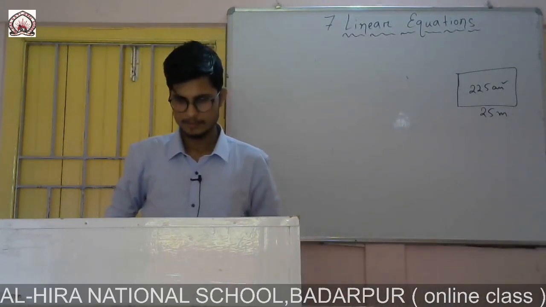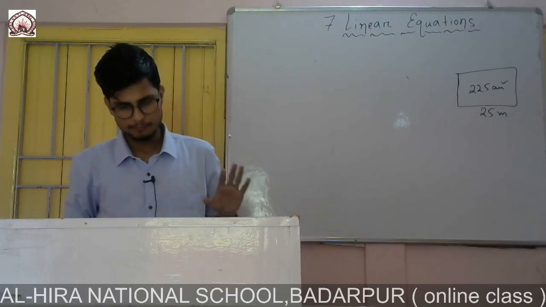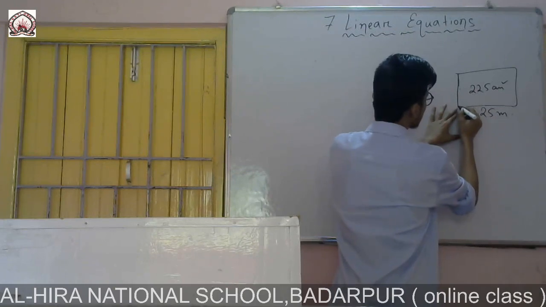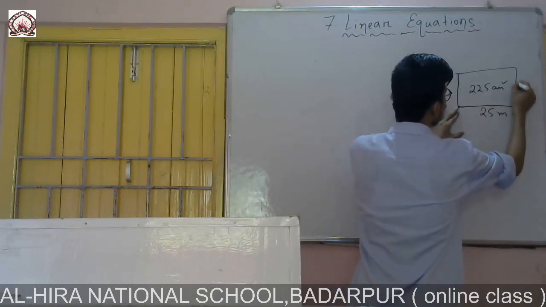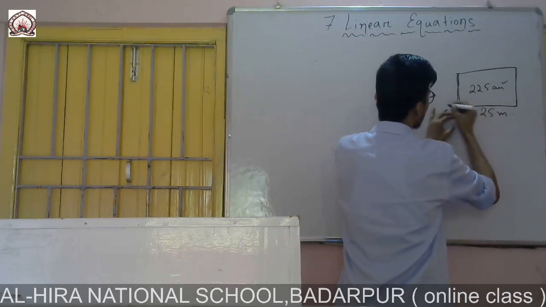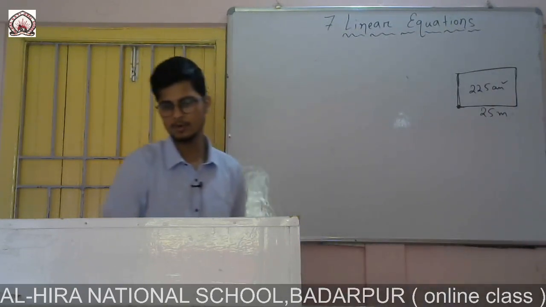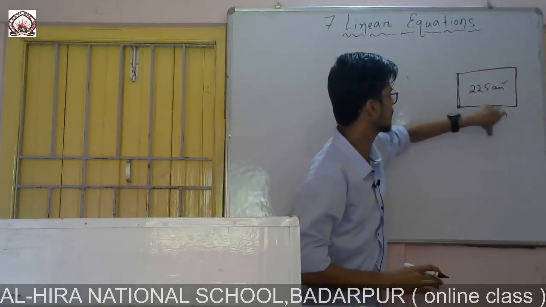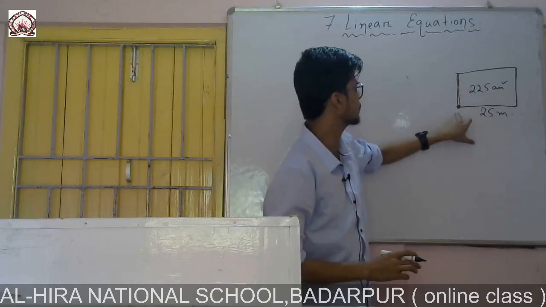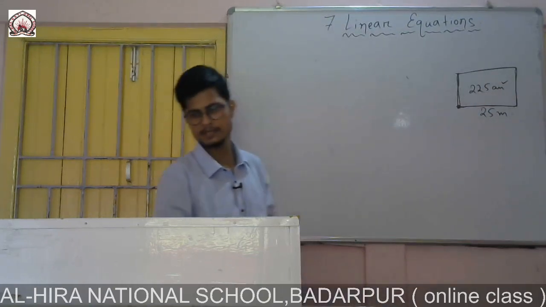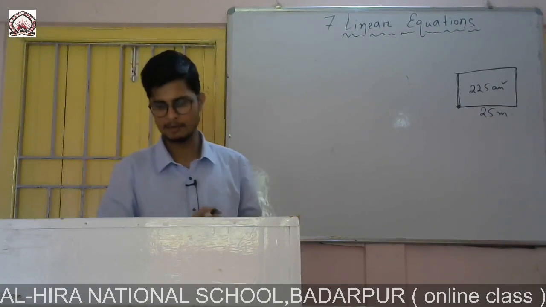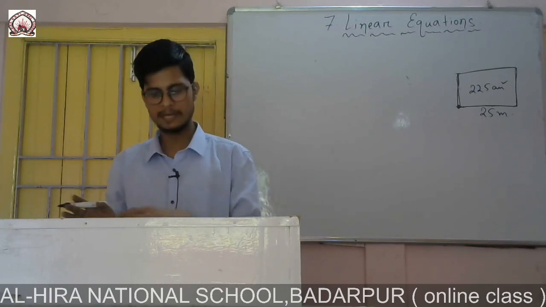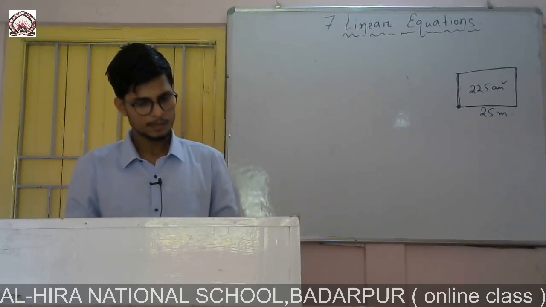Yes. So the question is that 4 into x minus 2 meter of rope. That means from here, if I start fencing, first of all I give this side, then that side. So from here to here again if I come, then it requires 4 into x minus 2. That means it is the perimeter of this rectangle. To find the perimeter we need length and breadth. We know the formula of perimeter, it is 2 into length plus breadth, but here length is given as 25.